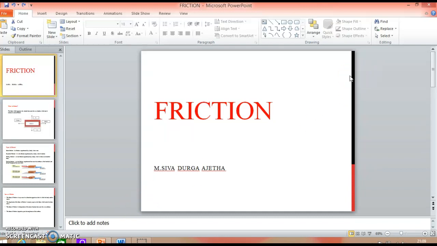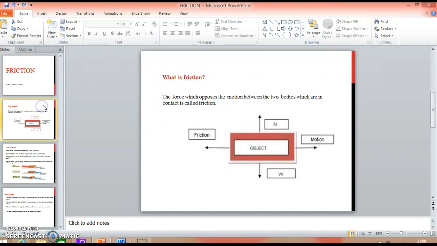Today I would like to discuss a topic called friction. Here, what is friction? Friction is a force which always opposes motion. Suppose you take an object which is lying on a surface, any one surface, the weight of the